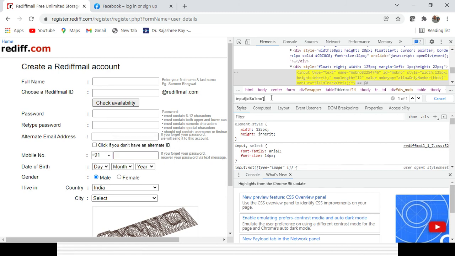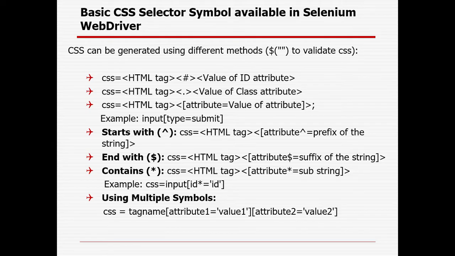But definitely you should always try that whatever thing you are giving should be the fixed part. In case it's a dynamic part, again, you will have trouble identifying the element uniquely next time, because the dynamic part will change and you will not be able to identify it. In case you are trying to identify with ID, name, CSS or XPath, that does not matter. But whatever part you are taking, in case the starting one or the middle part or the last part, that part should be a fixed one.